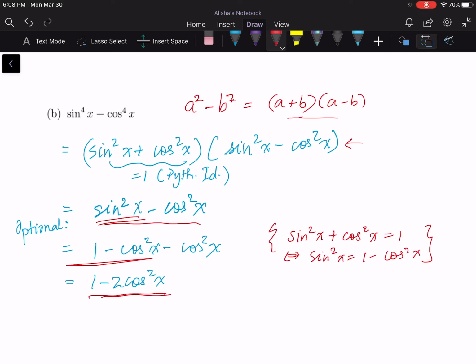These last two steps are optional though, but I just figured I'd present them in case you're interested. So that's question